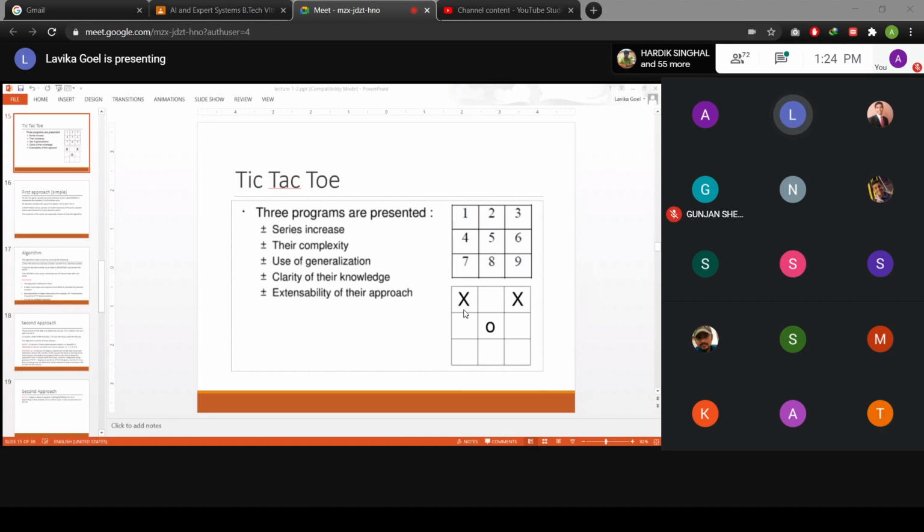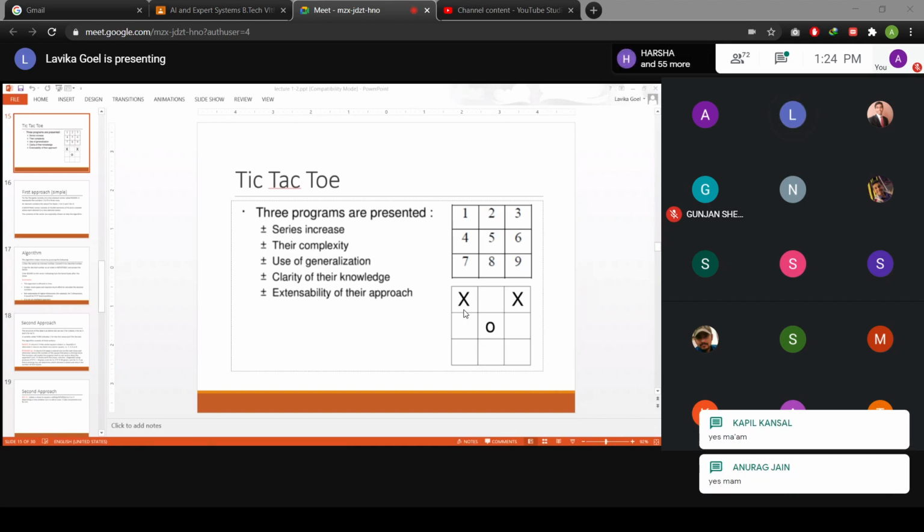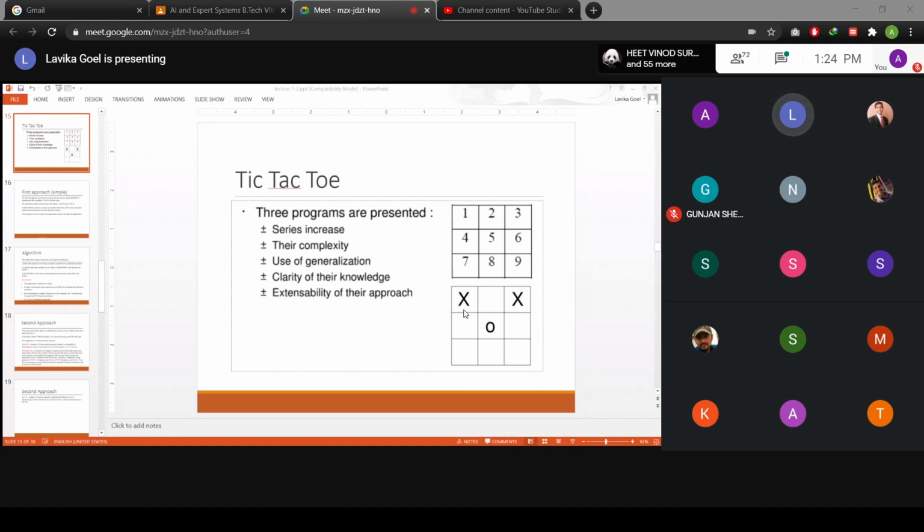So if you already have X in the 1 and 9 positions, and you also fill X in the 7 position, then it's called making a fork. It will definitely win, because either it will win through the column 1, 4, 7, or it will win through the row 7, 8, 9. Fine.